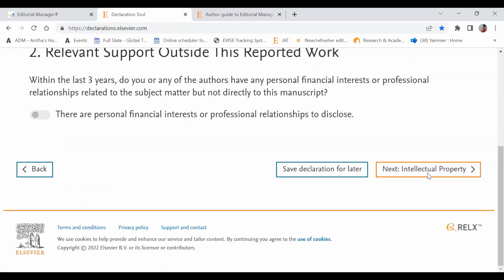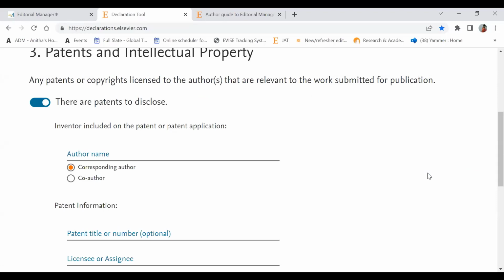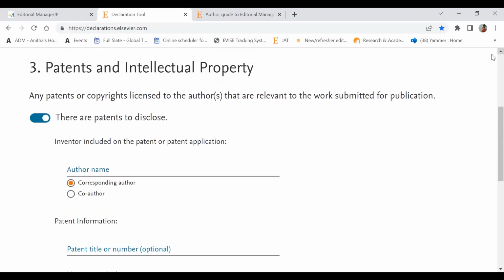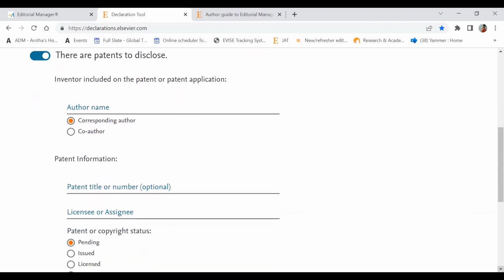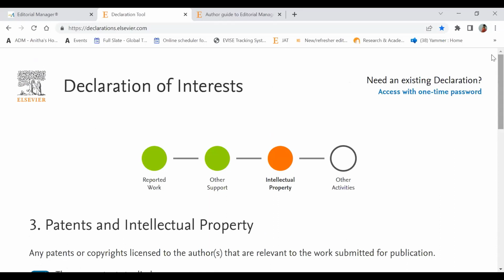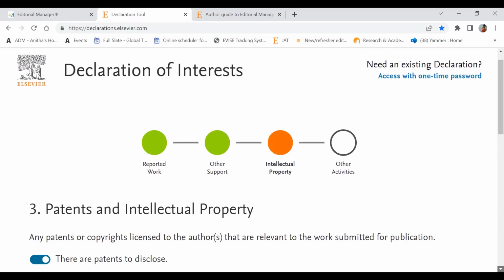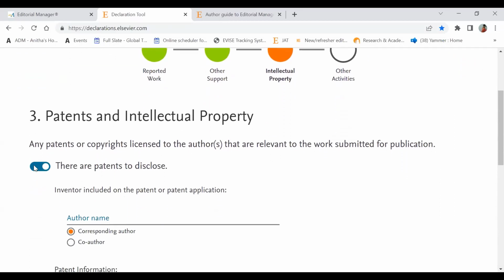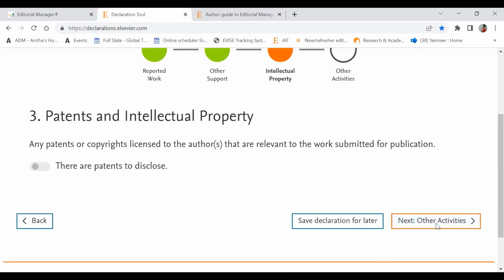So click on the intellectual property now, and this is the page where you can provide the patents and intellectual property details. So this page allows you to disclose any relevant patents or copyrights licensed to you or any of your co-authors. So you can fill all the details here, the patent details, license, and all the other details. And you could also click on add another patent and add other details. So once you have done with all the necessary informations or you have pressed the toggle button off, click on